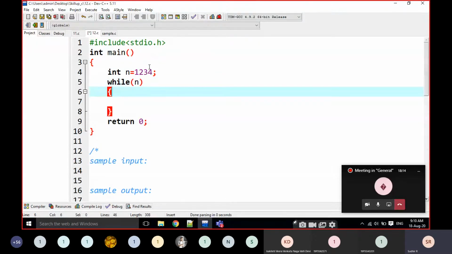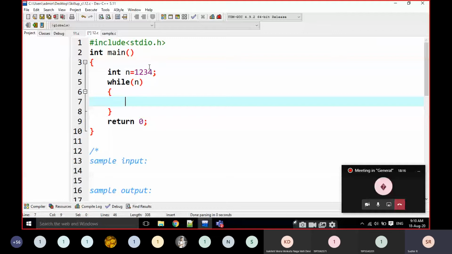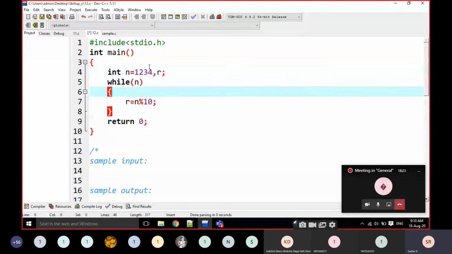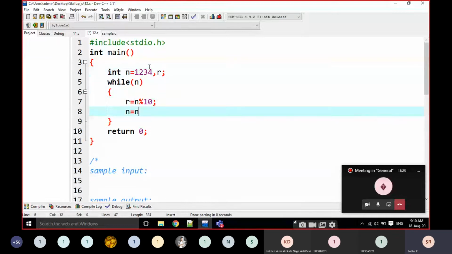Okay, I can write either. R is equal to n mod 10. I have to declare R also. Then n is equal to n by 10.